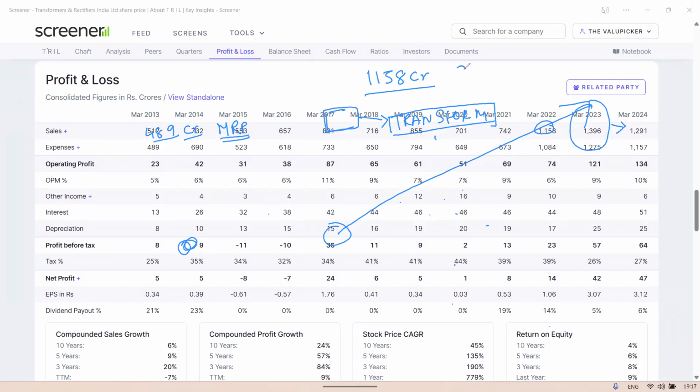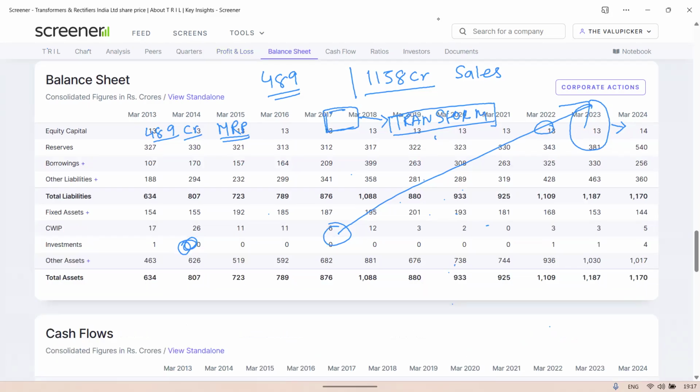1158 here of sales. Deal was 489 here and getting a reserve of, I'm getting 343, say 350 for this, rounded off, 350 crore of reserve. So again,